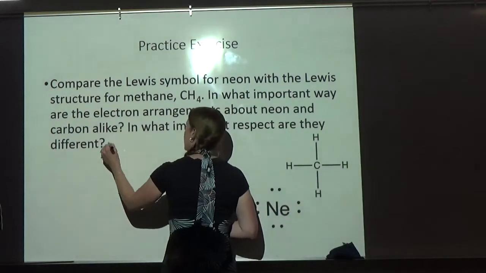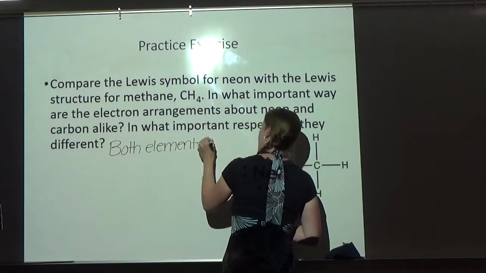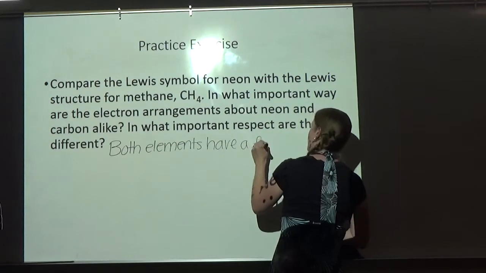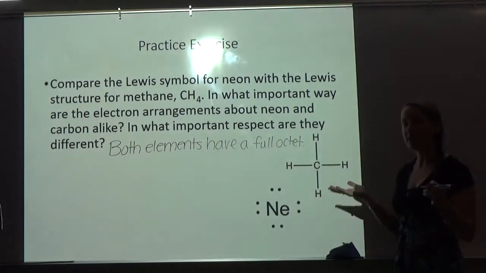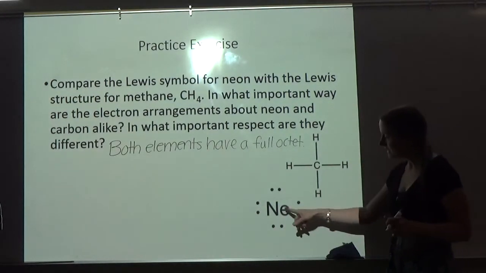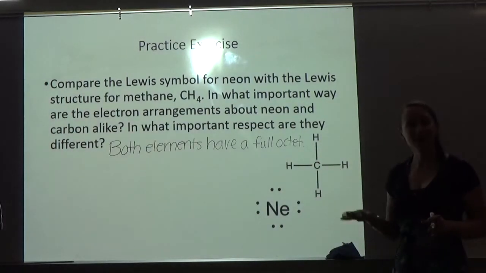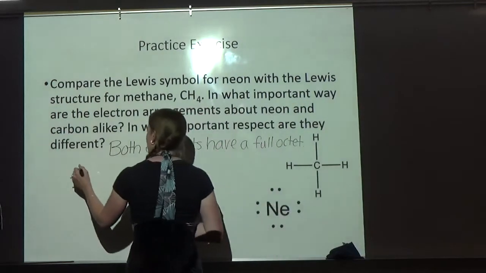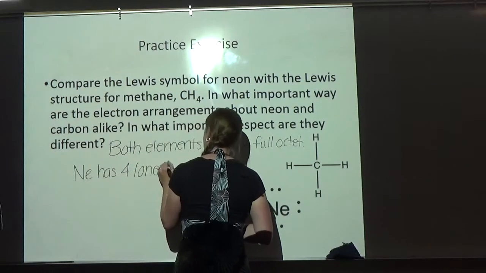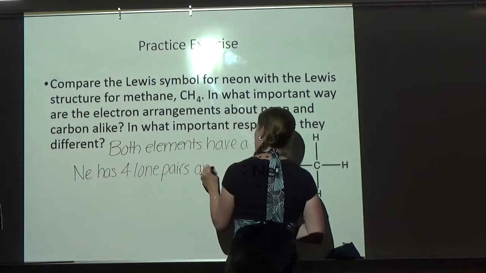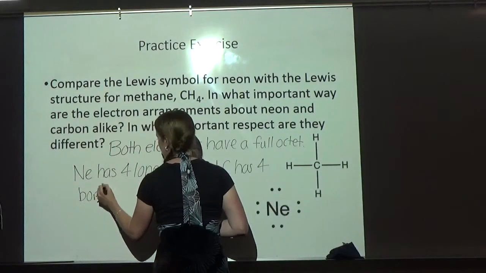Okay, so we can say that they're alike in that both elements have a full octet. So they both are stable and have 8 valence electrons. But what's different about them is neon has 4 lone pairs, whereas carbon has 4 bonded pairs where it's sharing. So they're different in the fact that neon has 4 lone pairs and carbon has 4 bonded pairs